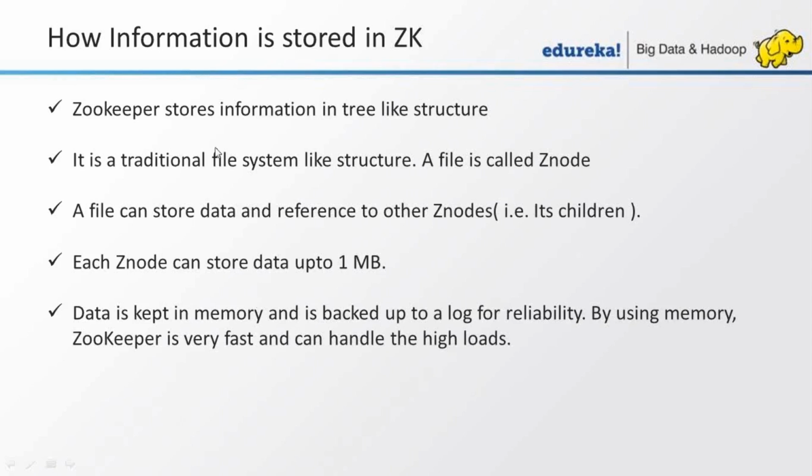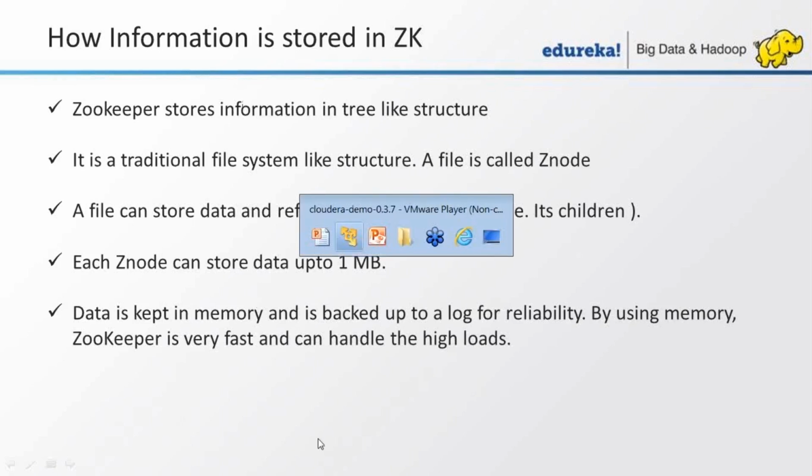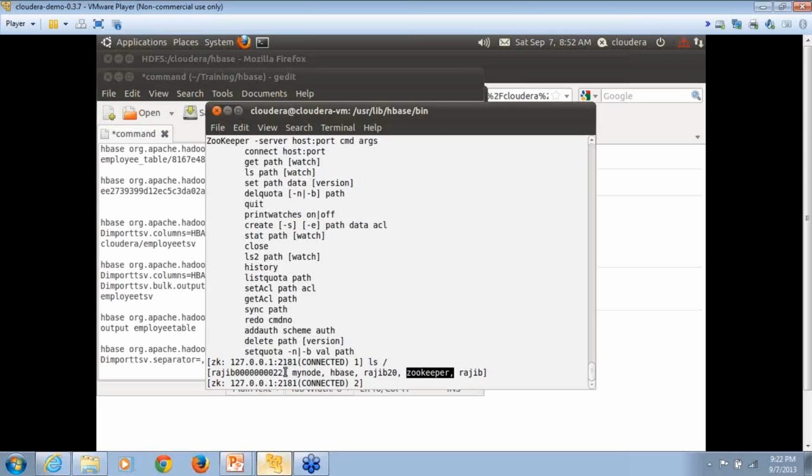When I say that ZooKeeper stores information in a tree-like structure, this is what it is telling, that it stores information under these nodes. I know there will be a lot of questions, just follow this for a few more slides and then we'll go for the question round. When you say tree structure, it means ZooKeeper follows a hierarchy structure, like I have nodes under nodes. So for example, if I go to ls Rajiv,